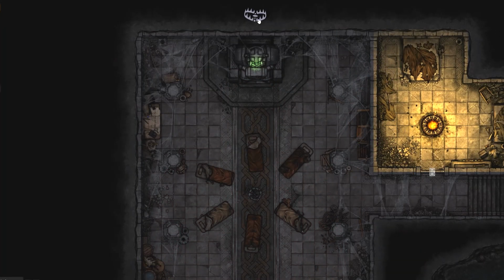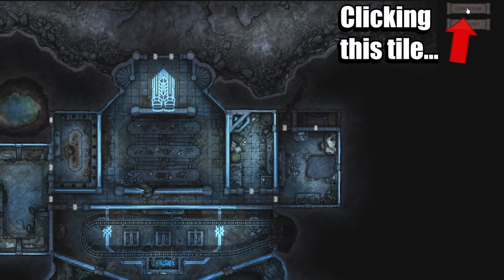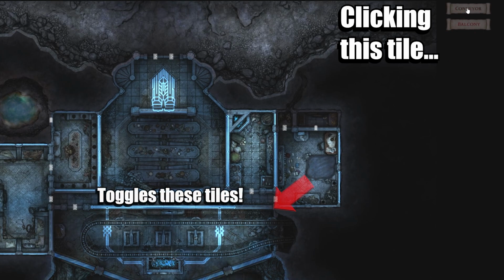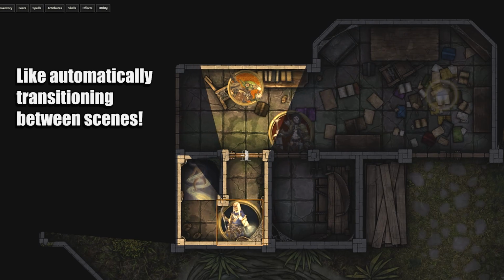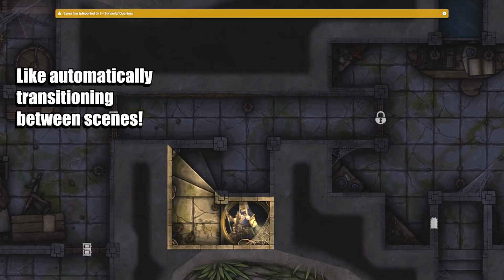But these methods that I just shared with you are truly the most simplistic ways to use this mod and are truly the tip of the iceberg when it comes to Monk's active tiles, because this mod can do so much more. So if you want me to make a how-to video on some of the more intricate stuff that this mod lets you do, then let me know. But anyways, everybody, those are my 5 simple ways to improve your virtual game sessions using Foundry VTT,